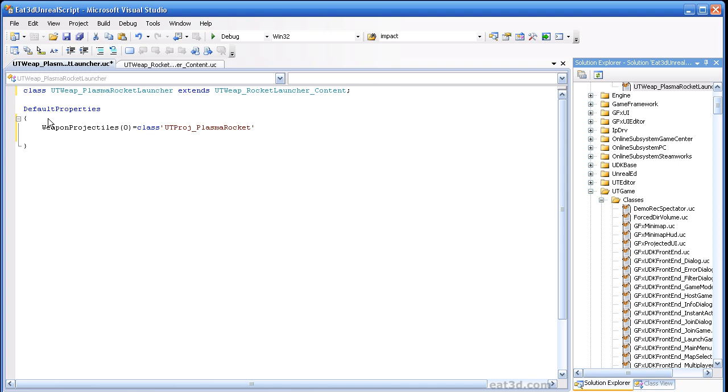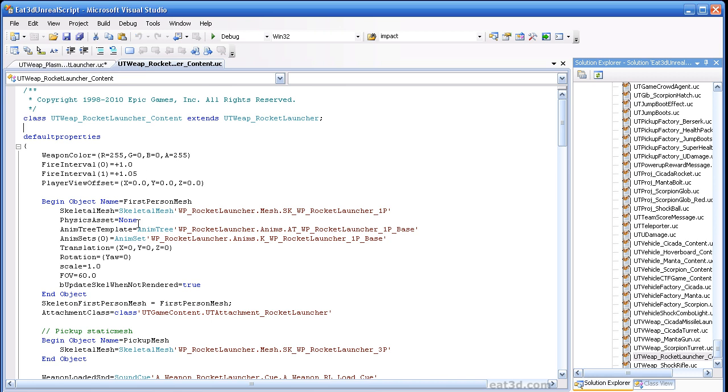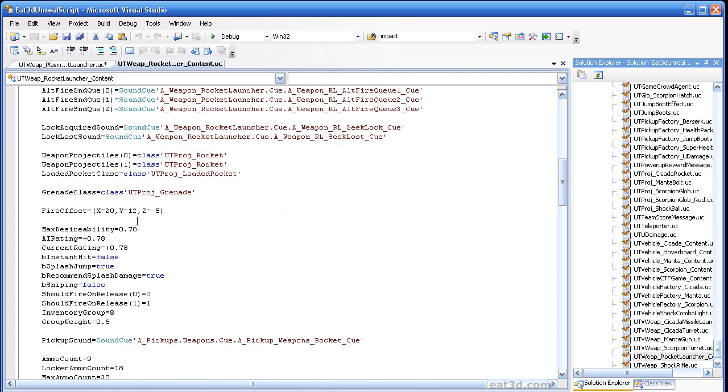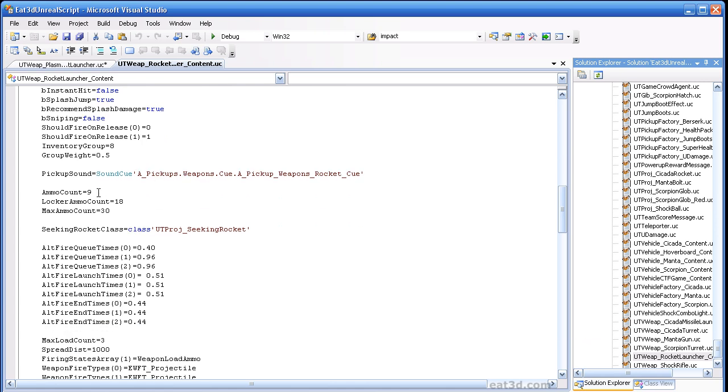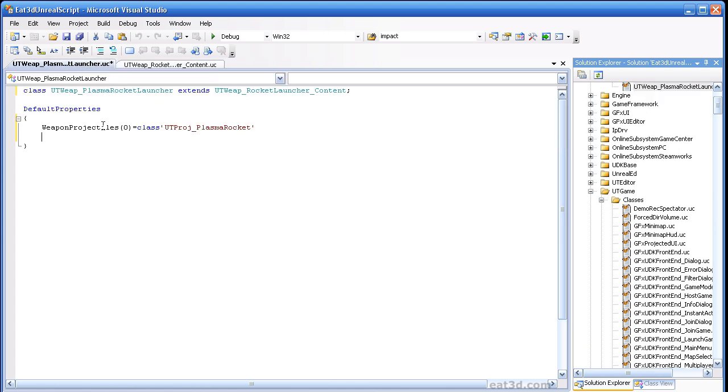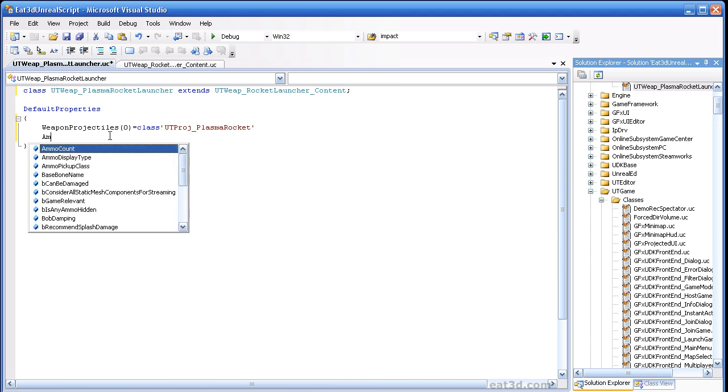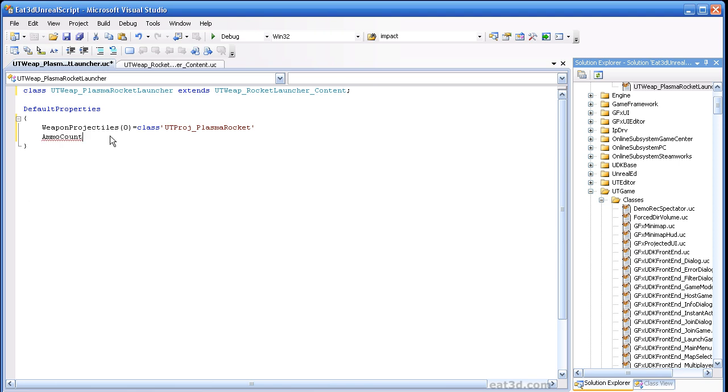And I know that the current rocket launcher, I believe, defaults its ammo count to 8 or 9. Yeah, 9. So for our example, let's go ahead and bump that up. So ammo count, we're just going to set that. We'll just double it. Go 18. Okay. Now that we've got our simple rocket launcher class, right now it's a fully functioning class in itself. It's not really changing anything from the base rocket launcher in the UDK or Unreal Tournament as the weapons featured in. But we have told it to use a different projectile class, so now we need to